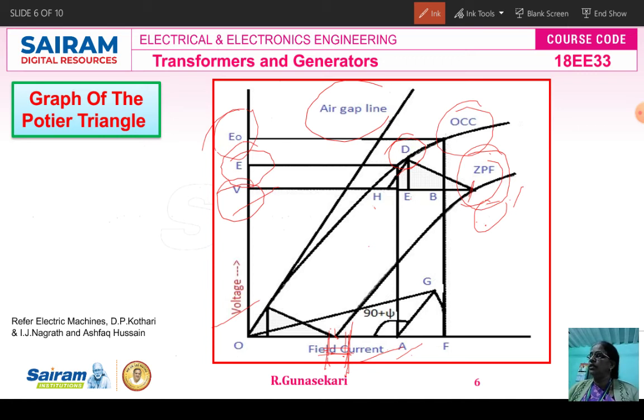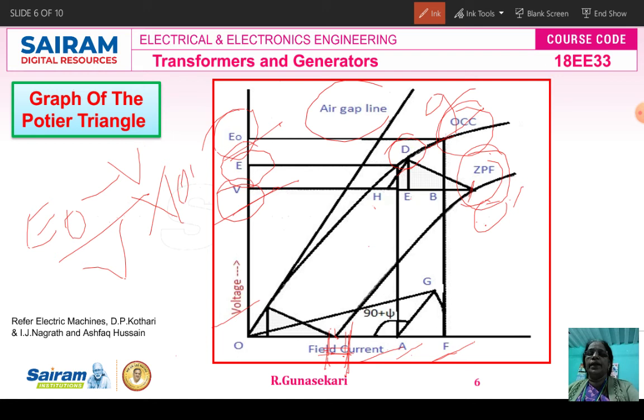Now the voltage regulation corresponding to this field excitation, for example this is G, means GF. The GF is nothing but the E naught. We know the E naught value, we know the V value, then the percentage regulation is equal to E naught minus V divided by V into 100. So we can calculate the regulation. Then you see that is OAG. This is the lagging power factor. The angle is 90 degree plus phi.